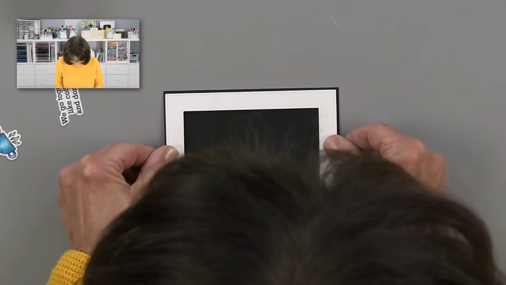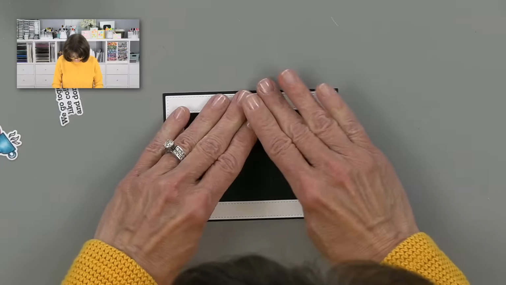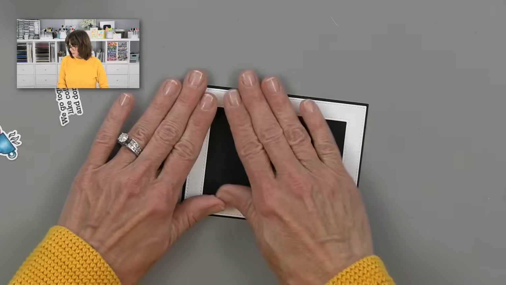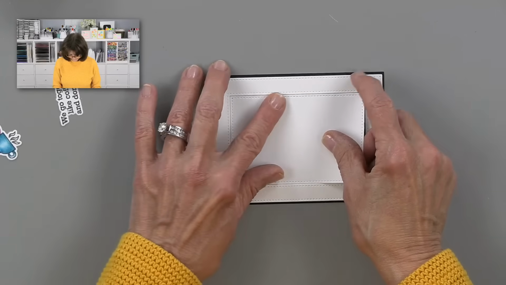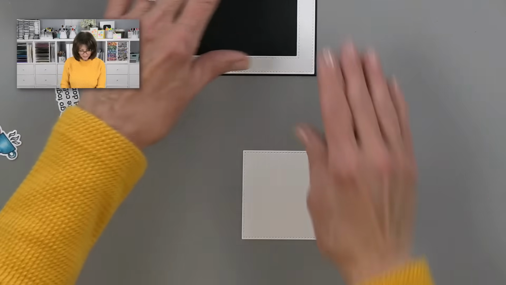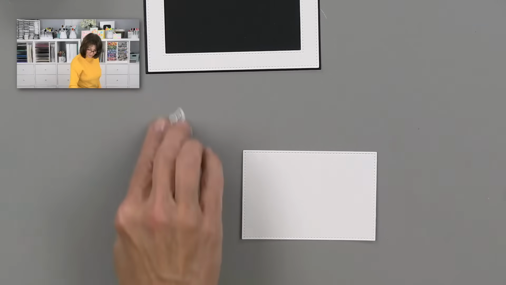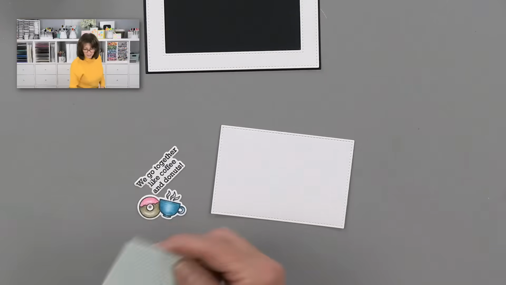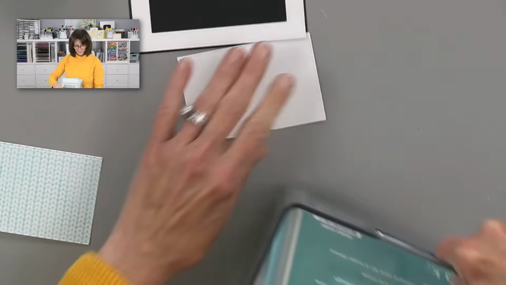Let's put this back here. I'm gonna do something different. I don't like it as much as I thought I was going to. So there we go. I think what I'm going to do is take another one of these, and then I think I'm going to stencil it, because I just feel like that was too much background. I just want a little bit of background to ground these images, and that feels like it's too much. I'll show you what I mean. Let me find a background stamp or a stencil that I like here for this job.